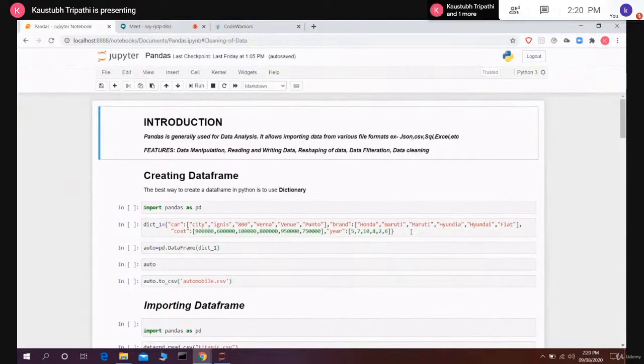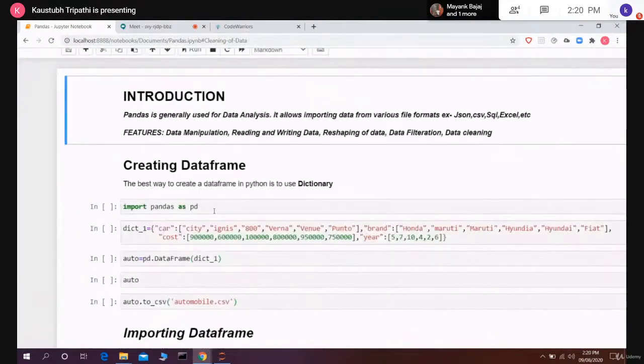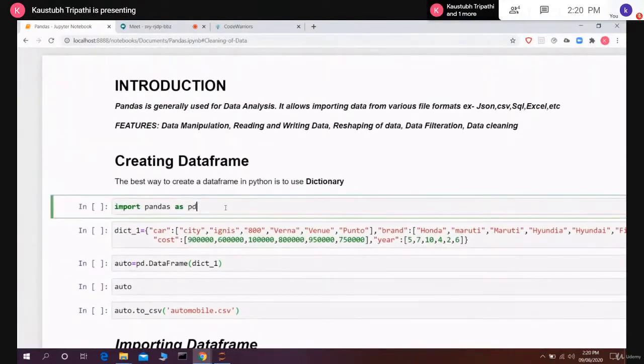Now when you have Pandas, yesterday I told you about modules, in the end part. Pandas is also a module, a library, and to import it, it's a simple syntax: import pandas as pd. As you can see, I have imported this library over here.